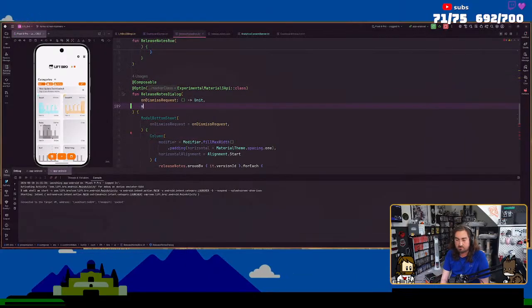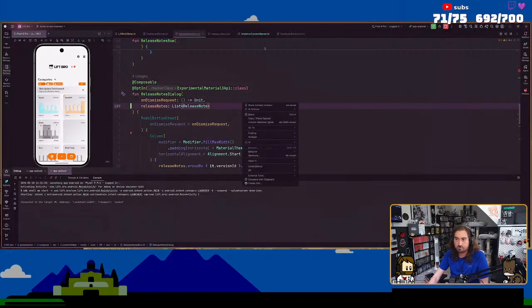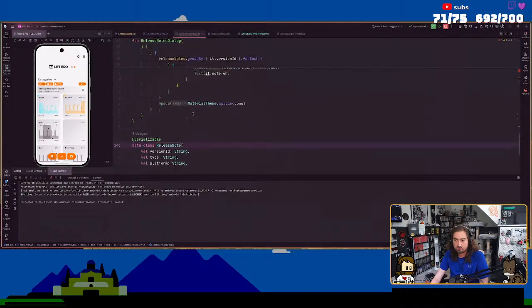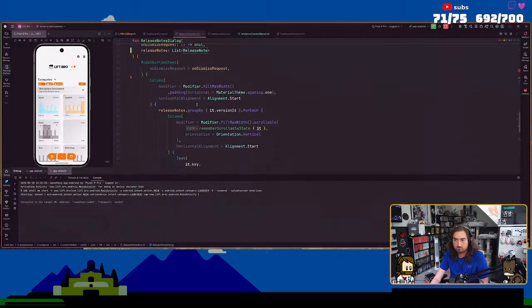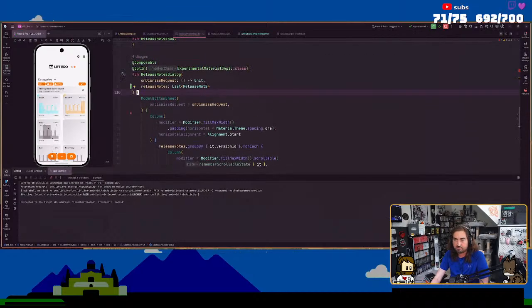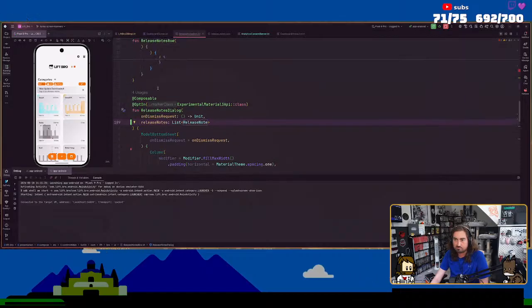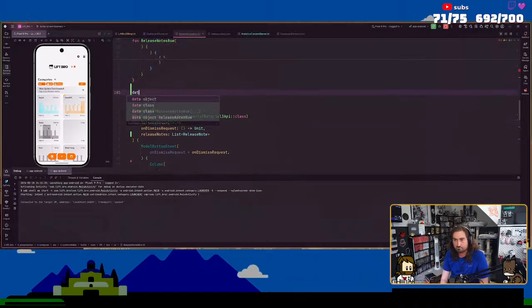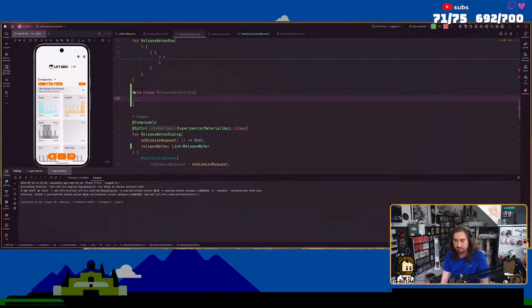What I can do, but I should actually, where is, oh, right, release notes. This is just to keep it stable.